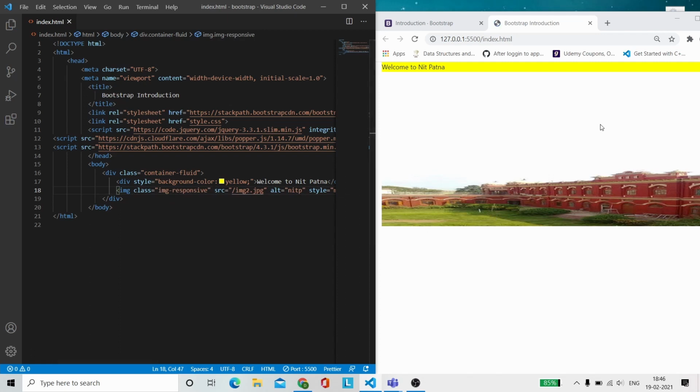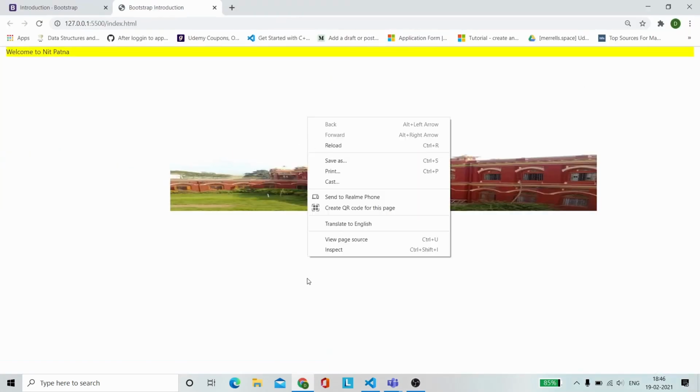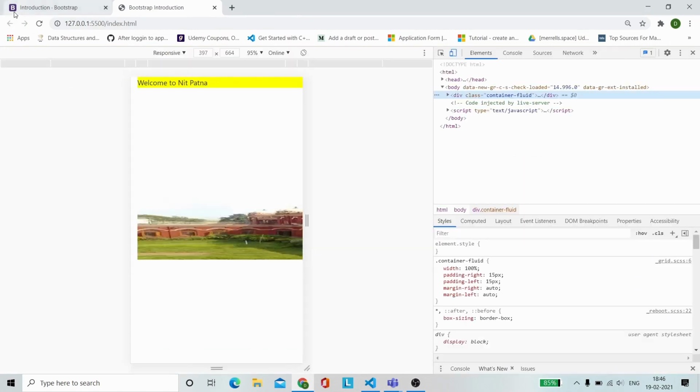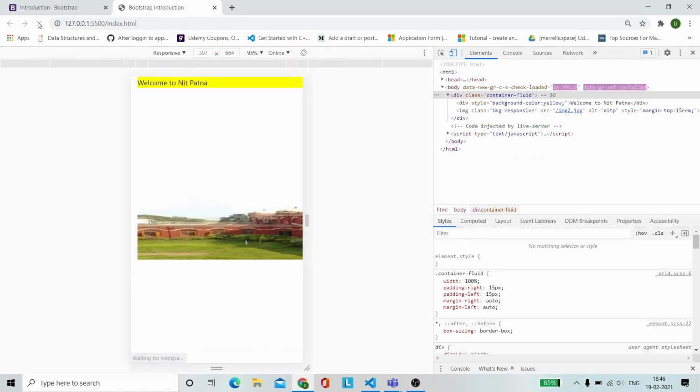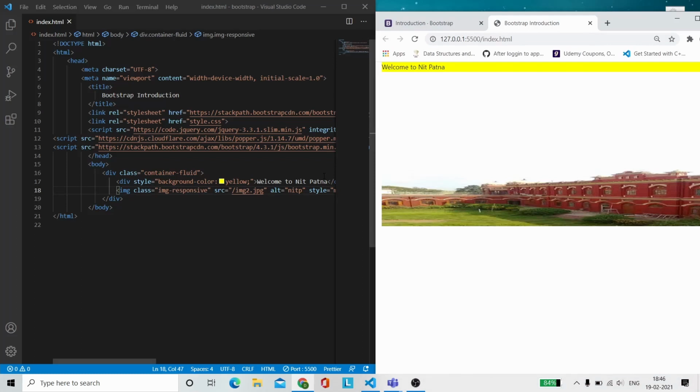So now when I inspect it and have a look, you can see that it will be... just a second. Image dash responsive, it is not working. Okay, I don't know why it is not working.